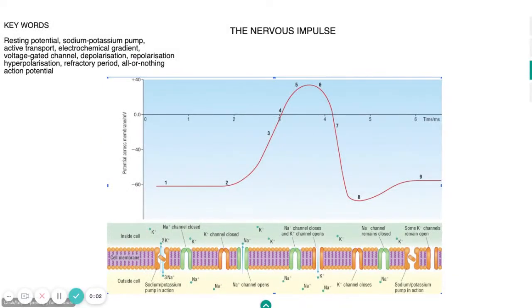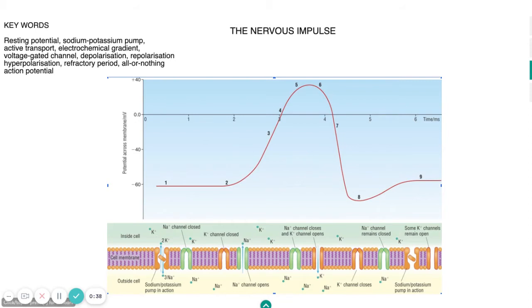All right, in the last video we discussed how the initial impulse was initiated by the receptors becoming more permeable to sodium ions. Now we're going to go into more detail about how, after that initial change in voltage, that change moves all the way along the sensory neuron to the central nervous system. And this applies to the relay neuron and motor neuron as well. But let's just think of it in terms of how the change in the environment got to our brain